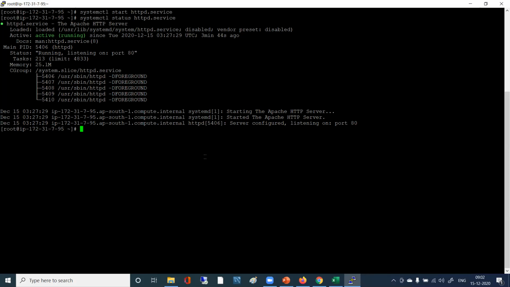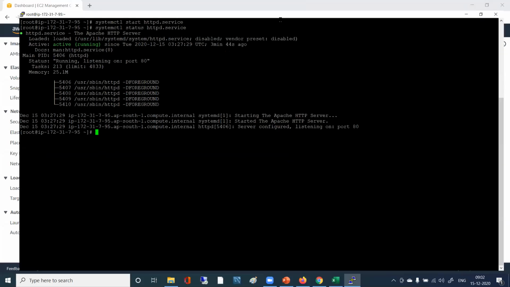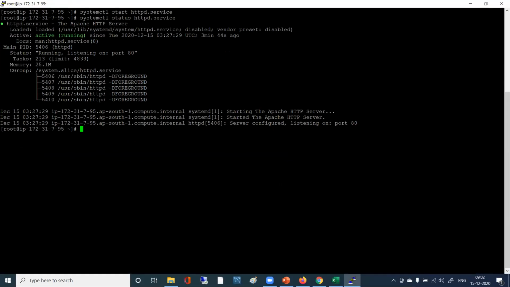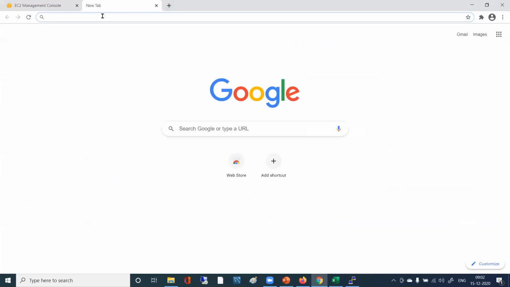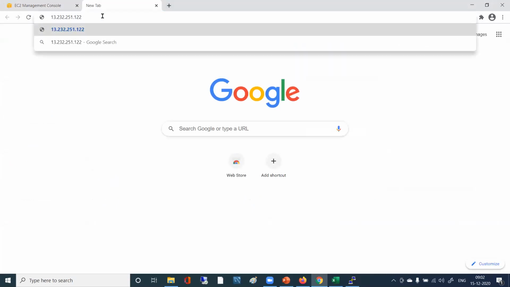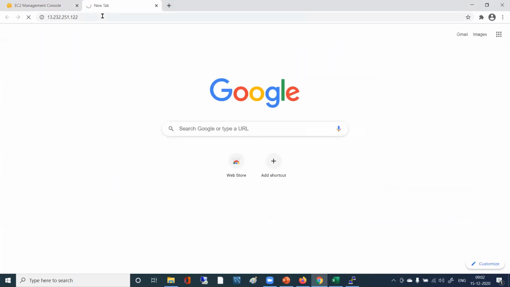So if our web service is running, if I take that public IP, what should happen here? I have that public IP already copied. If I just copy this IP and go to this page and press Control V and enter, what is happening?